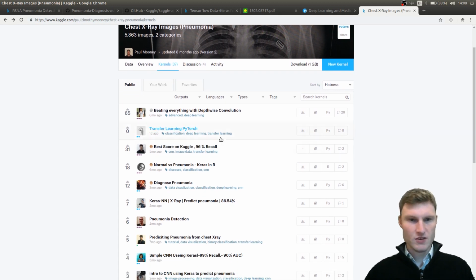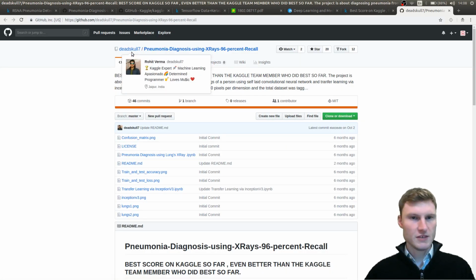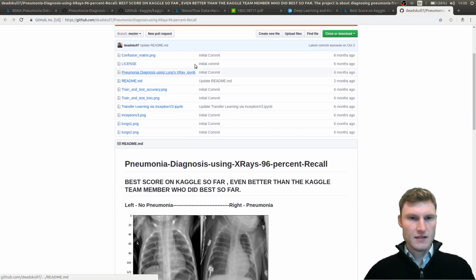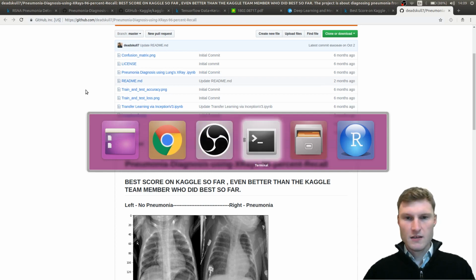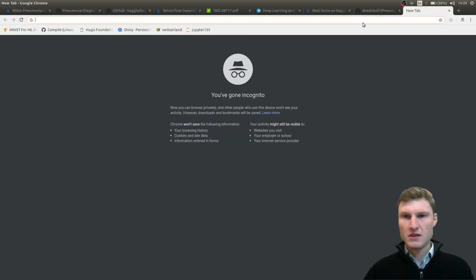And actually, what I'm going to show you is based on this guy's kernel that he's sharing on GitHub. His name is Deadskull7, and he has one pretty simple X-ray Jupyter Notebook for pneumonia diagnosis, and one Inception. So looking at the first one, let me initialize this in my Jupyter Notebook